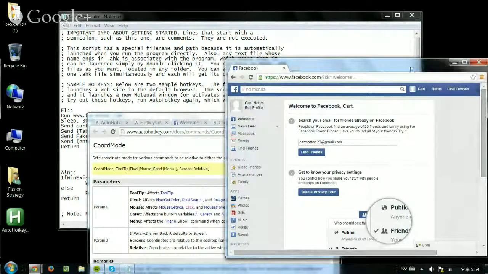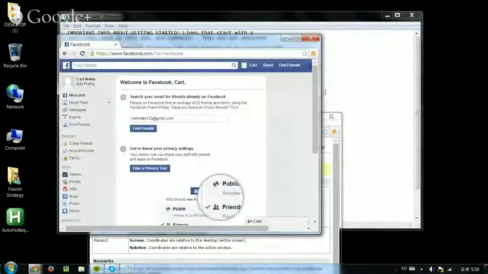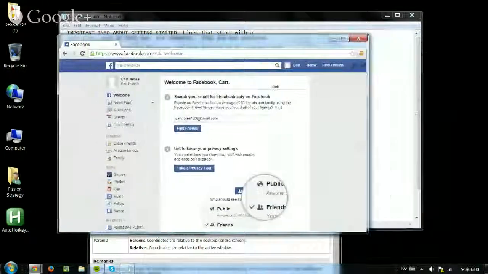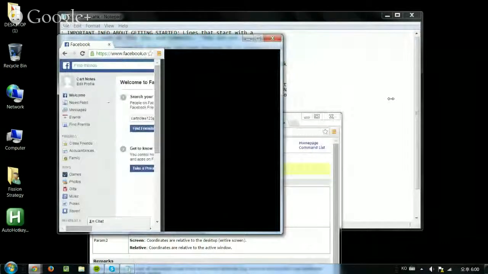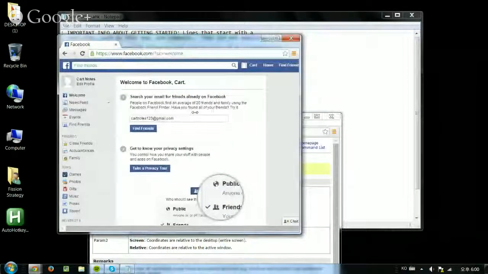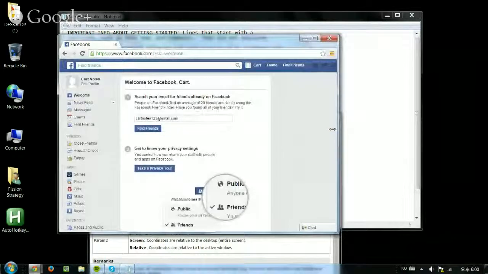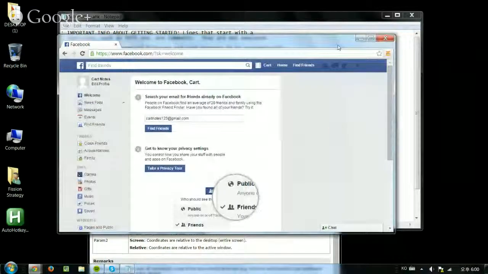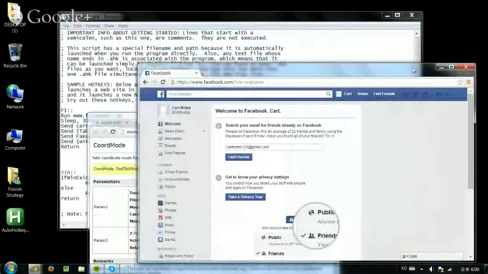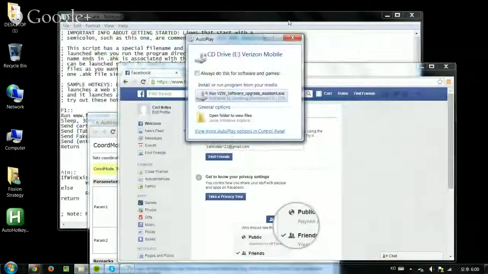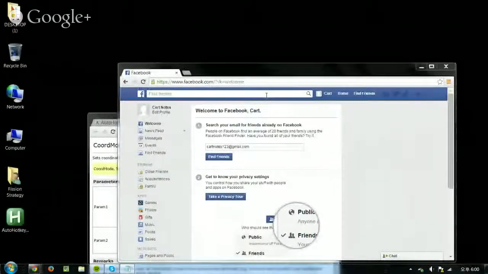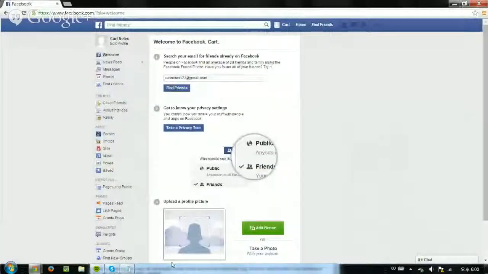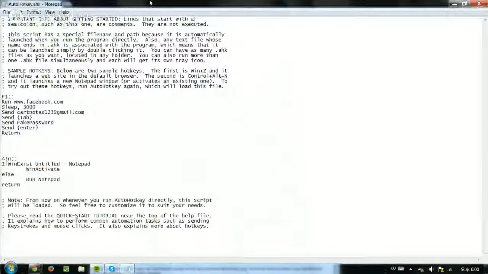Right. And it would also be important to make sure that when you resize the active window, it doesn't mess things up, because sometimes if you resize the active window, it can move where things are on the page. Mm-hmm. So it's just a very fragile way of doing things, but it can still be helpful. That's not what I want to do. No. Okay. So what we're going to do is